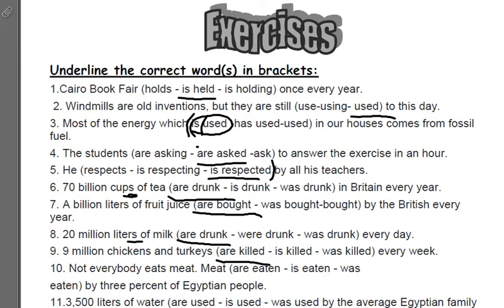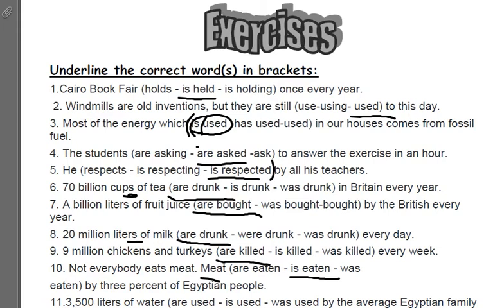Not everybody eats meat. Meat was eaten by 3% of Egyptian people. So meat is an uncountable word. It has to be followed by a singular verb, which is eaten. And number 11,